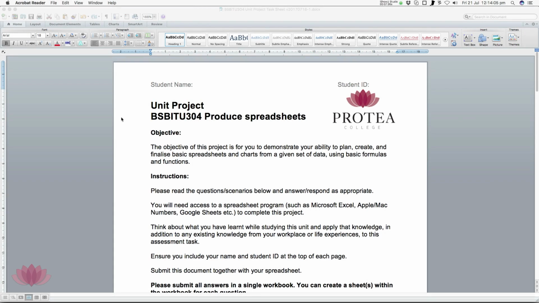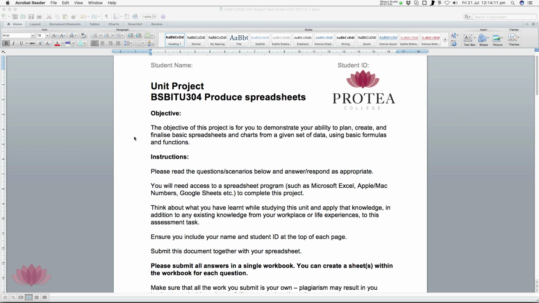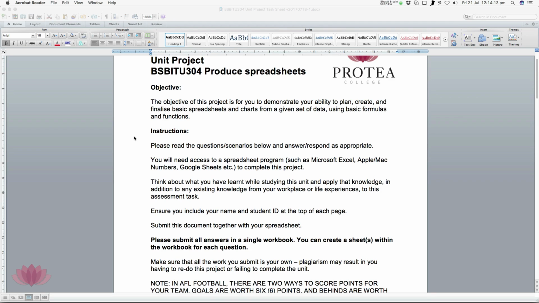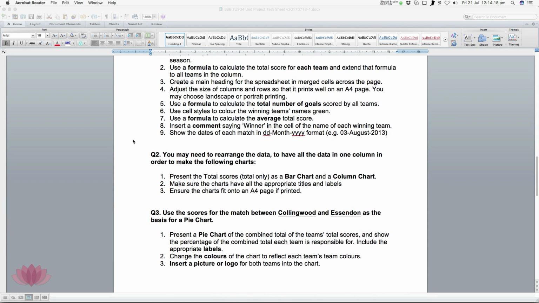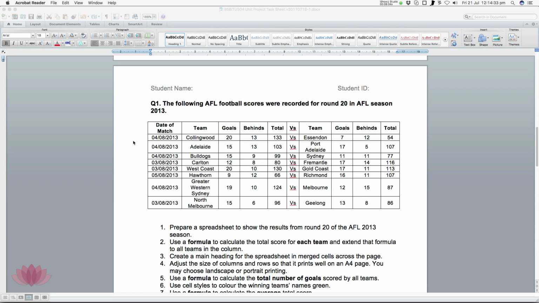All right, now we're ready to begin looking at the unit project task sheet and what you need to do to complete this unit project. If you have a quick glance over your unit project task sheet, you'll see that there are 5 questions that you need to complete. Each of these tasks has multiple parts that involve different things you'll need to do in your spreadsheet. So let's get set up to do all these things by opening a blank workbook in